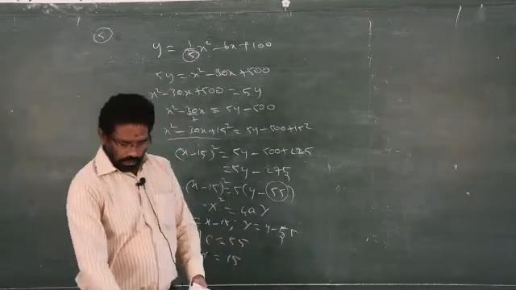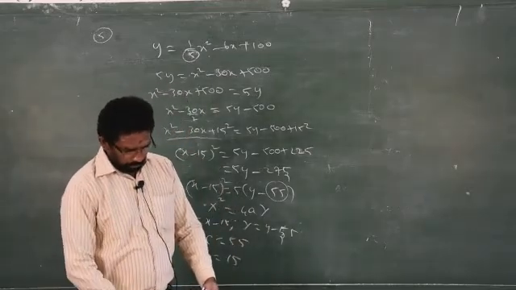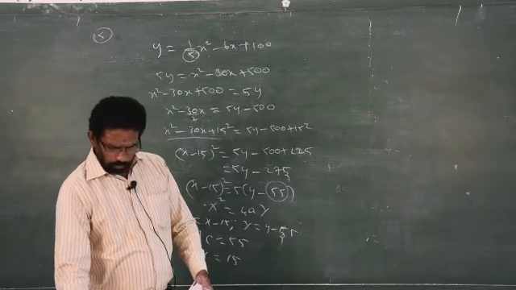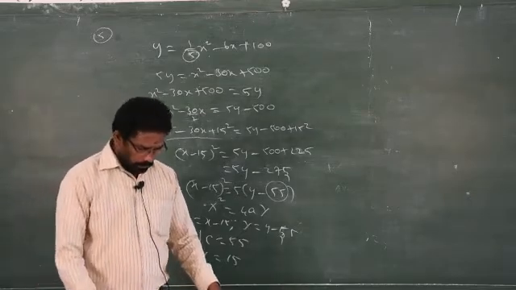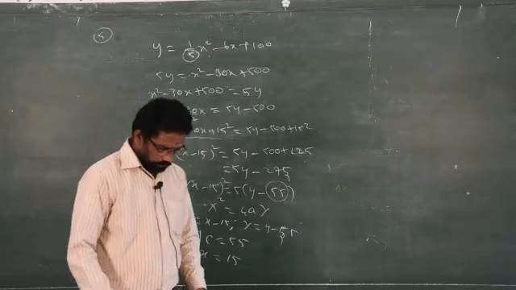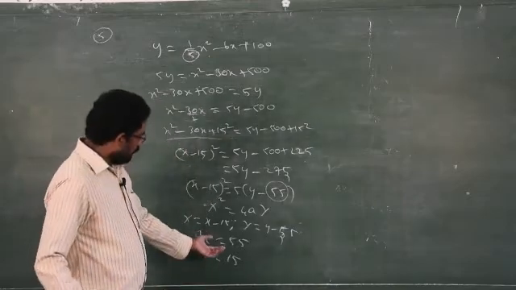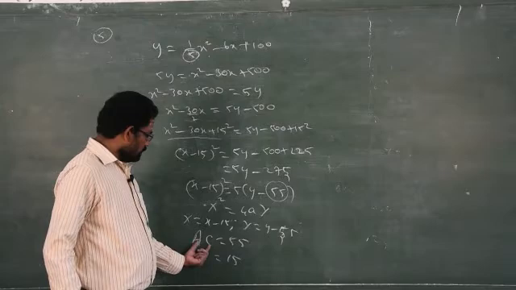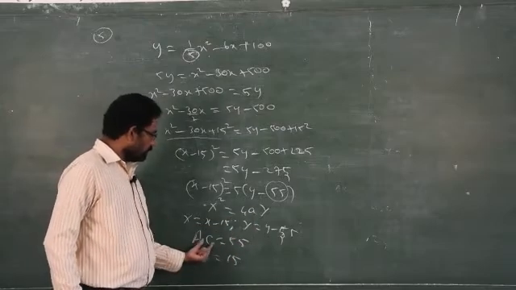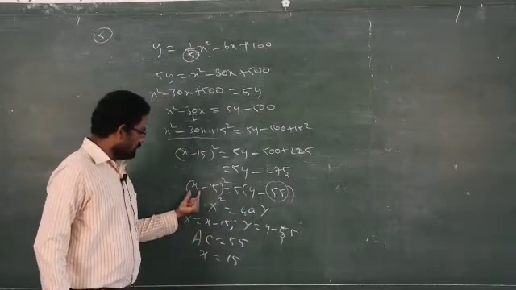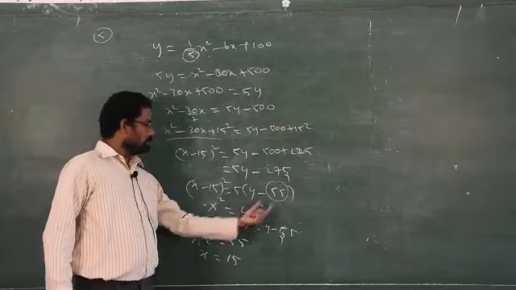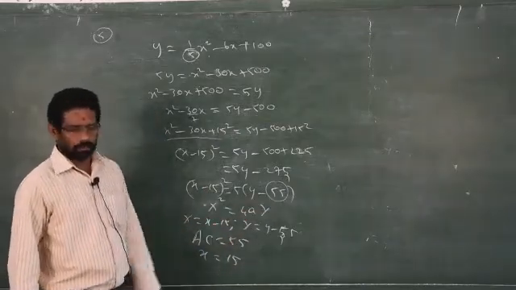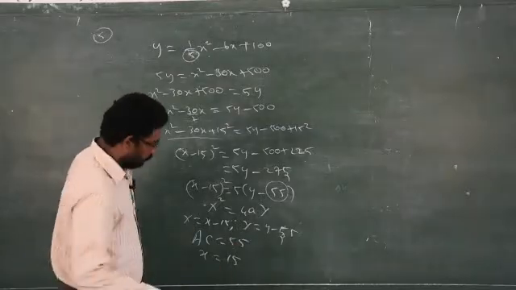They asked to find out whether that problem refers to a parabola or not. We proved that it is a parabola. Clear? And they asked to find out the average cost. 55. Average cost refers to the y variable. X refers to the number of units. The number of units is 15 and the average cost is 55. Clear? That's all. Over. Then now sum number 6.